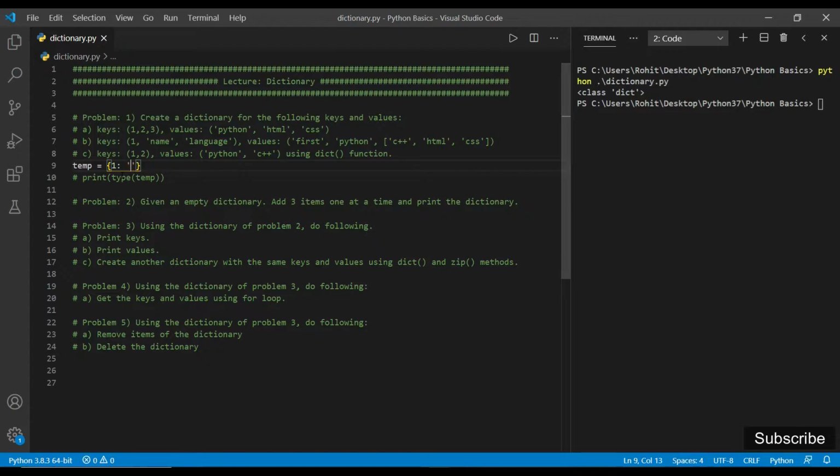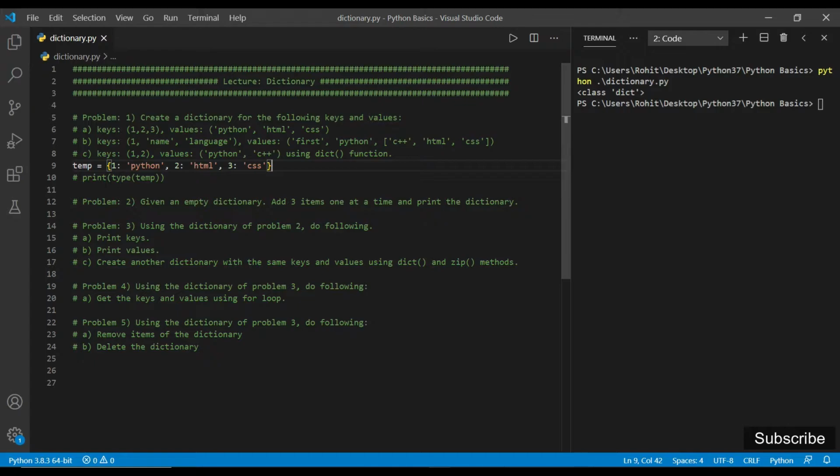So the key 1 has value Python, and after a comma we have to use another key, that is 2, and its corresponding value is HTML, and then again a comma, and the third key is 3 and we write its value as CSS.